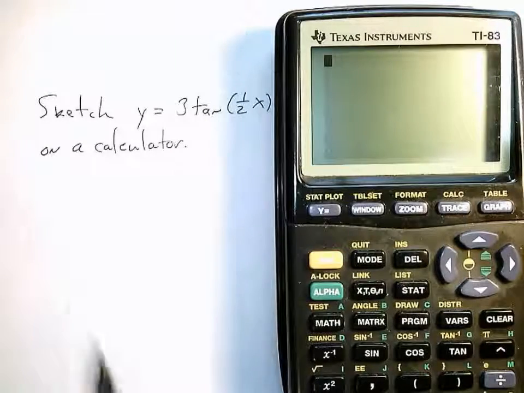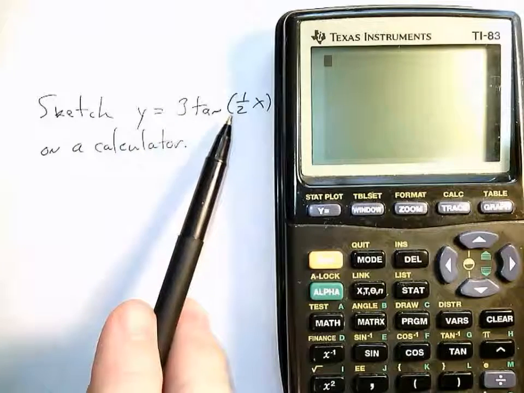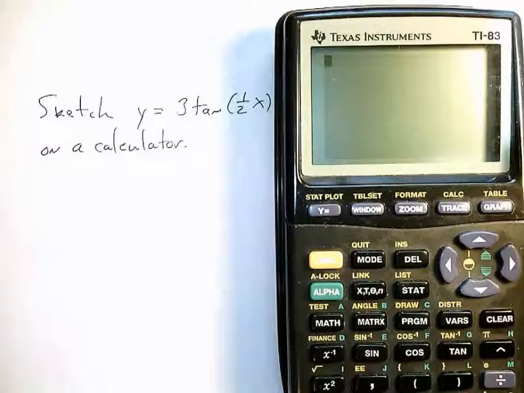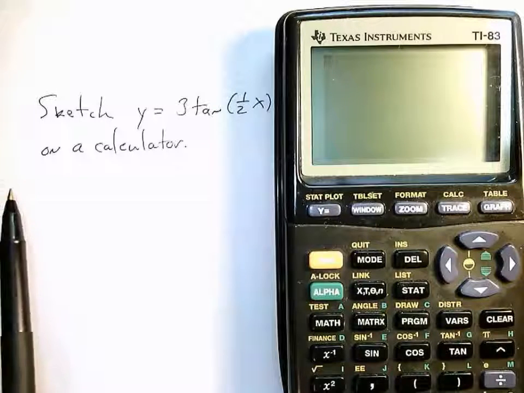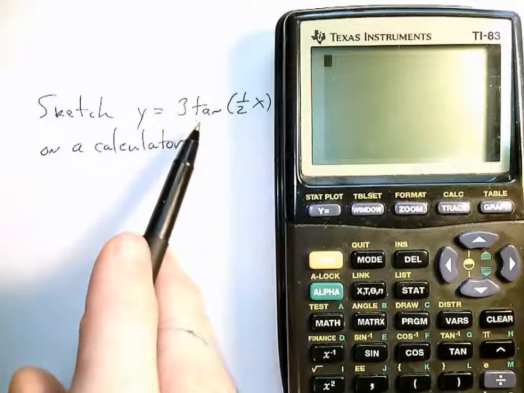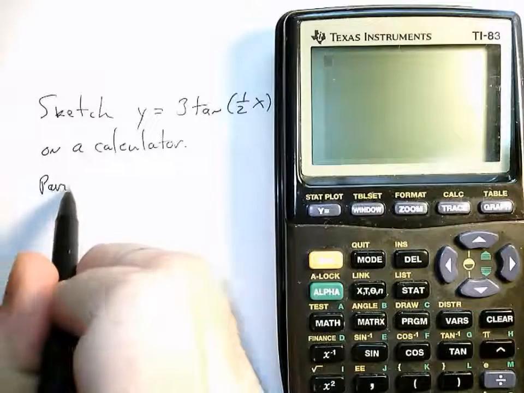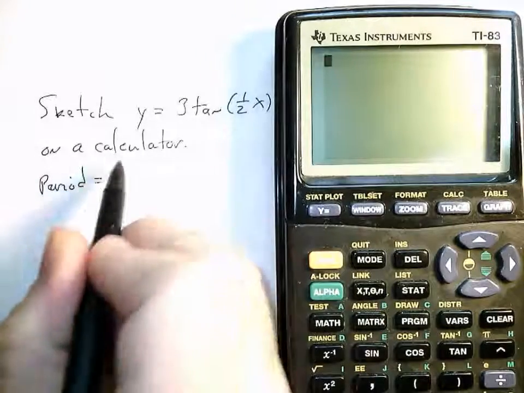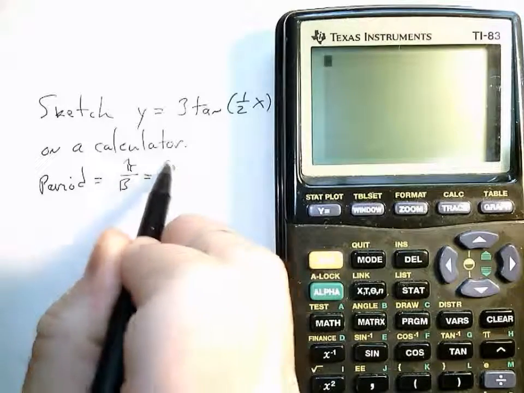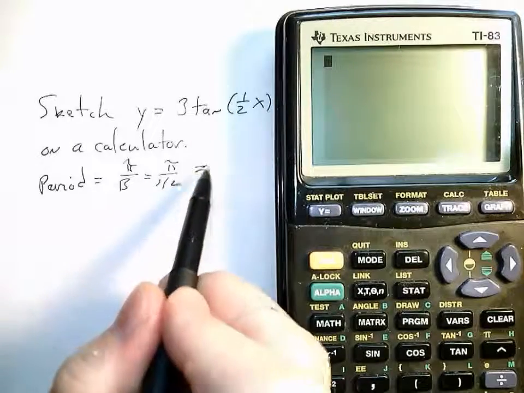Okay, now I want to use my calculator to sketch this function y equals 3 tangent of 1 half x. I would try an 83, but the same thing will work on an 83 Plus, 84, or 84 Plus. Basically, because it's tangent, my period, we might recall, is pi over b. So I have pi over 1 half, which gives 2